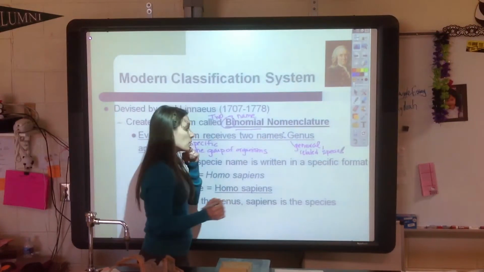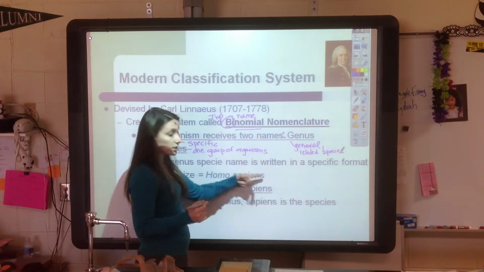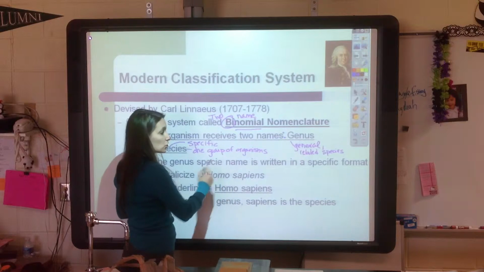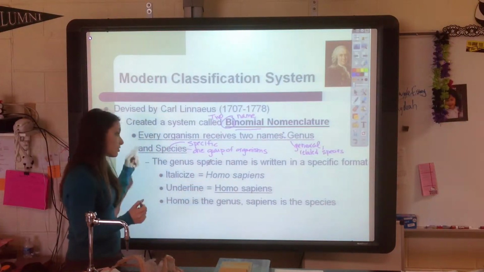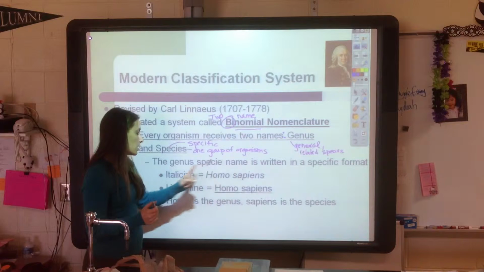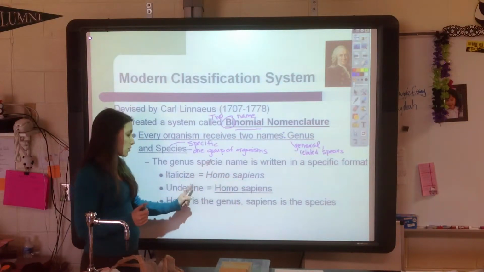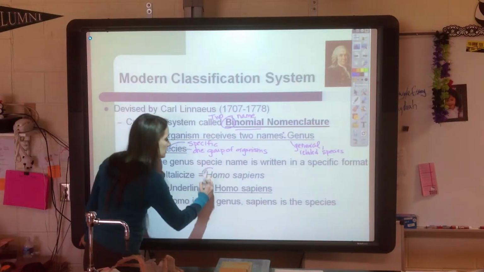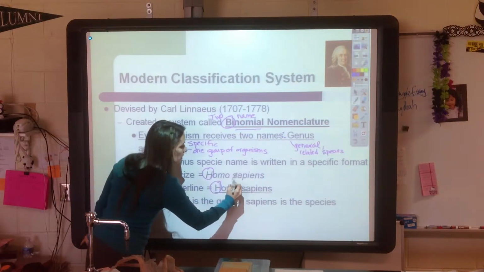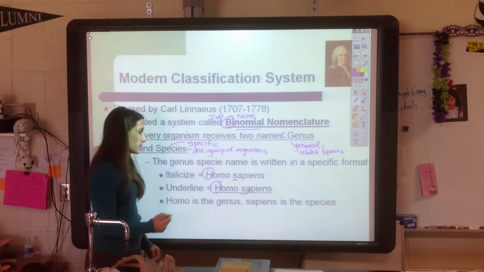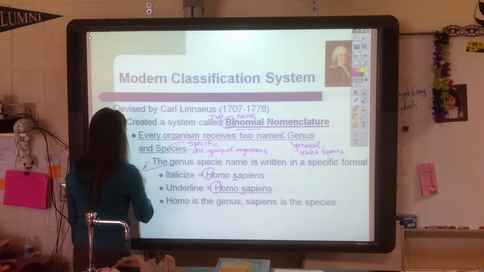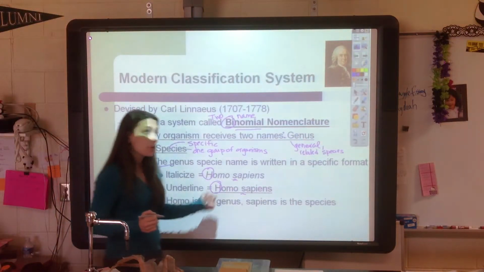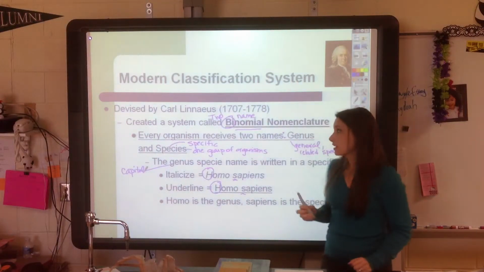So here we see the words Homo sapiens. Now there are not any living organisms that share our genus name. For humans, our scientific name is Homo sapiens. You can either italicize it, or if you're handwriting it, we underline it. Notice that we capitalize the genus word and lowercase the species word. So genus is always capital. And so this was the beginning of giving names.